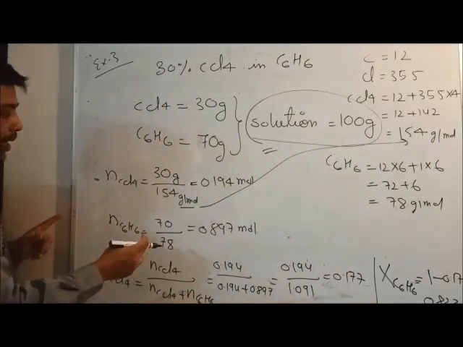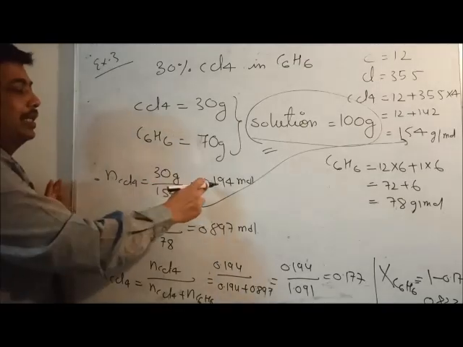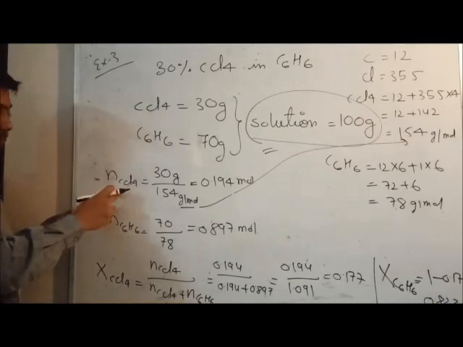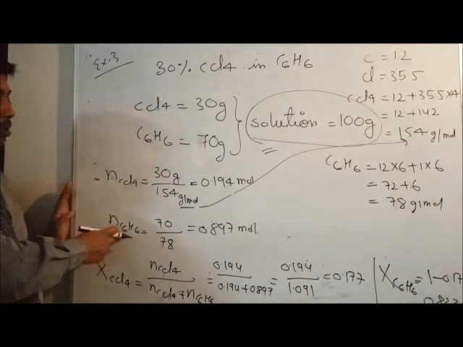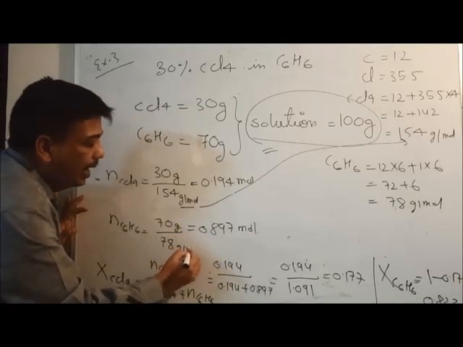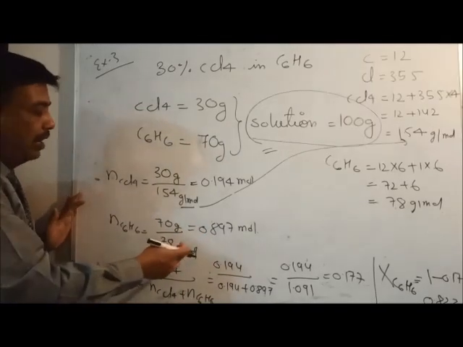So we have put here 30 divided by 154 is equal to 0.194 mole of CCl4. Similarly, the number of moles of benzene could be found out: 70 grams divided by 78 gram per mole, the molar mass of benzene, which comes out to be here